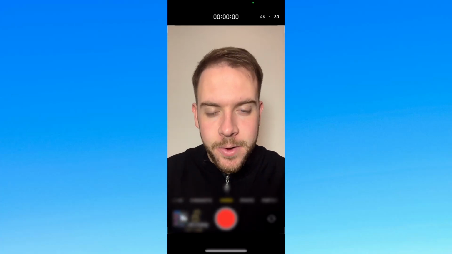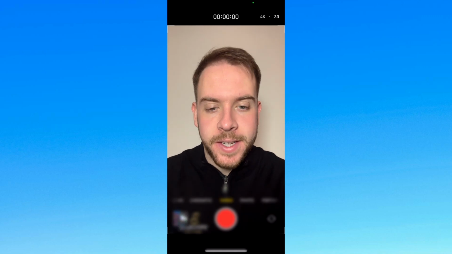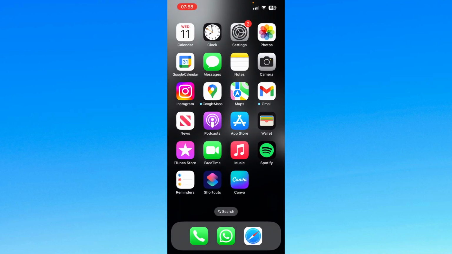Hey guys, within this video I'm going to show you how to download and install the Facebook Messenger app on your mobile device. So if you're actually using an Android device, go over to the Google Play Store and download it from there. But if you're using an iPhone, go to the App Store, this blue button in the middle